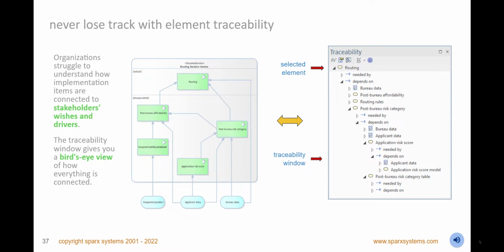Never lose track of element connectivity in your decision models with the traceability window, and view a directed graph of model connections from a context or reference element. Set options to restrict which relationships to display, locate related elements in the browser or diagrams, and instantly view their properties. Use this view in conjunction with other windows, like matrices and model views, to gain a comprehensive understanding of how requirements relate to both business and technology elements, ensuring there is no scope creep or unintended gaps in your design.